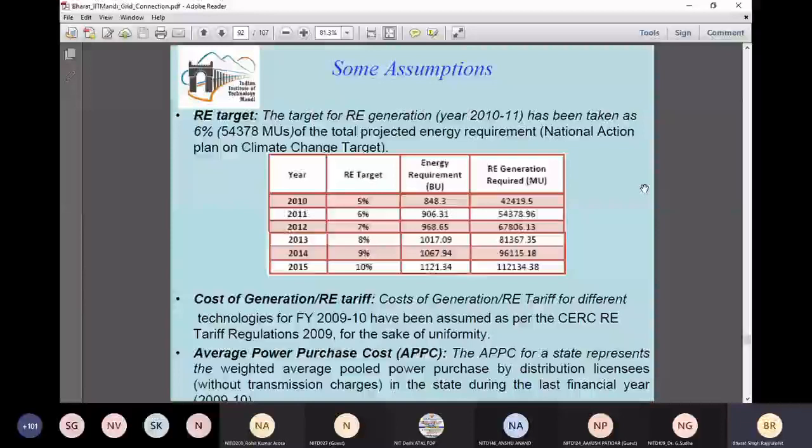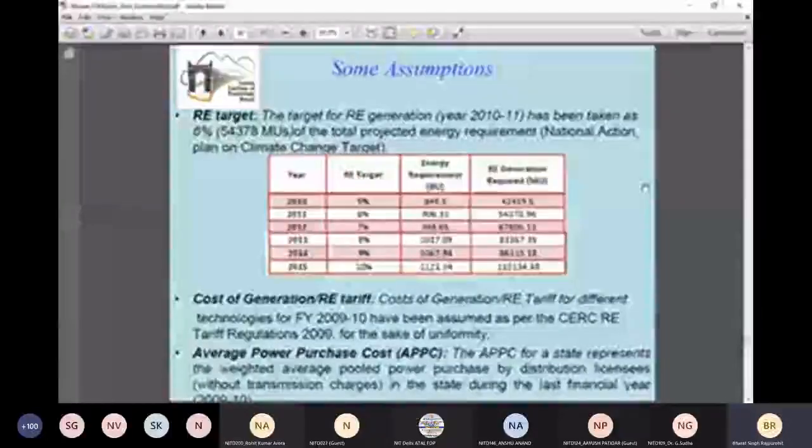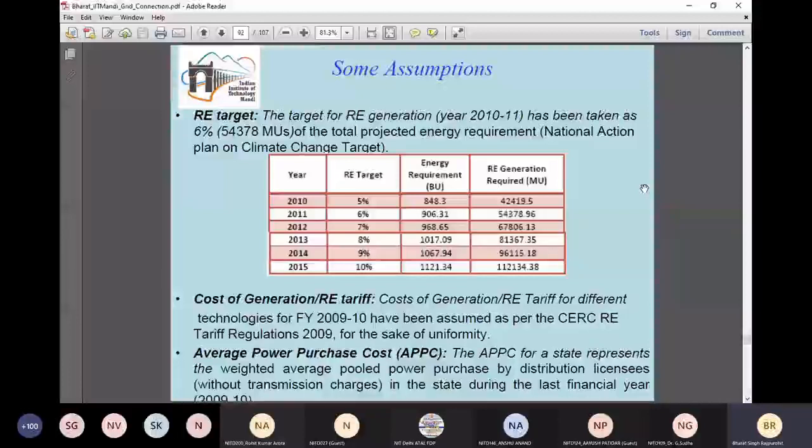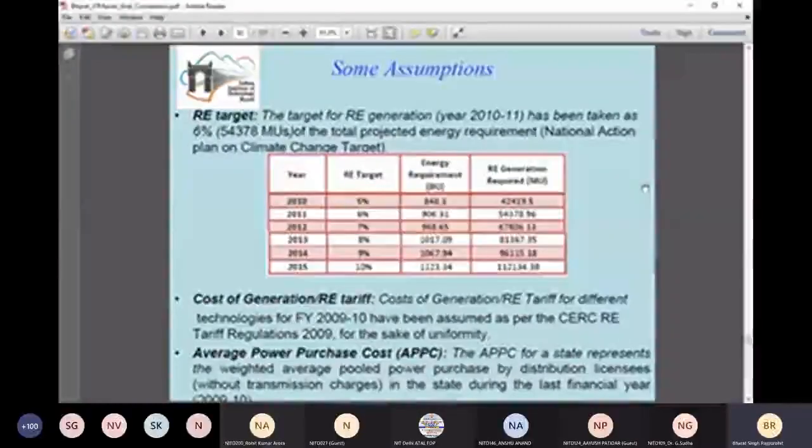This particular slide gives an indication of how to decide on different prices. This particular slide comes from the National Action Plan on Climate Change. This is based on Government of India targets for different sources as well as electricity. This target says that in 2010, the target was that 5% of the energy should come from renewable energy. It means a certain amount of billion units of energy, and renewable energy generation was also given. So this is how we are able to identify. So please remember, this is 5% and in 2011 it is 6%. These are the data which are important for us in the calculation of the floor price and the forbearance price.